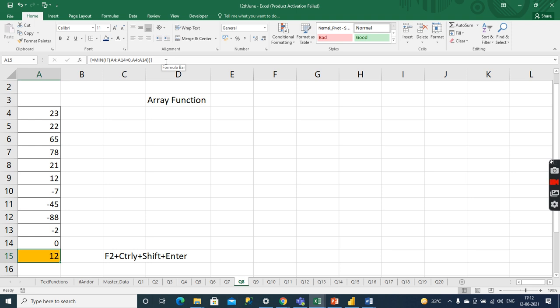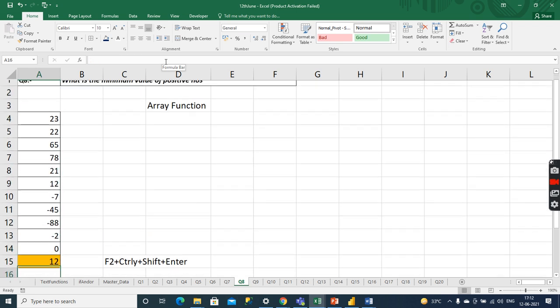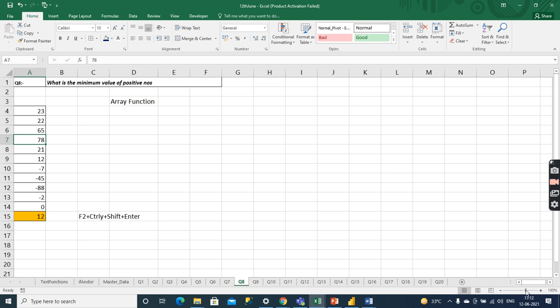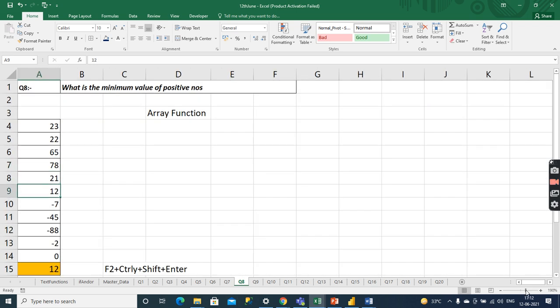Open the mixed test questions. I have already shared it with everyone. Go to question number 8 and then apply this formula. This is the array formula. Array is a very important topic, and whenever we have a big and very logical formula, we have to apply the array functions.